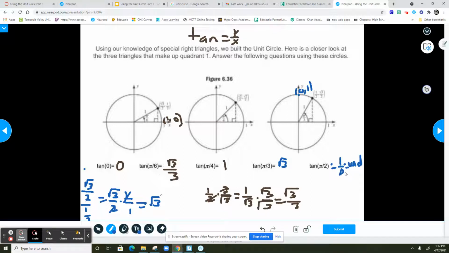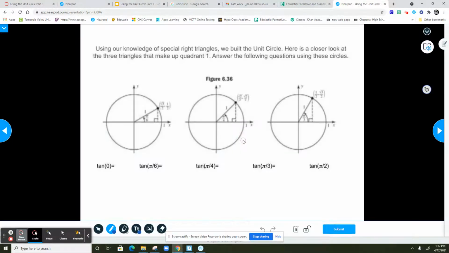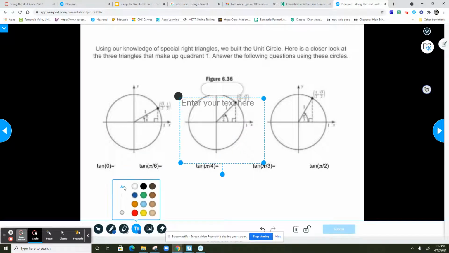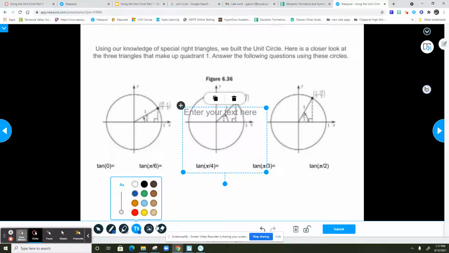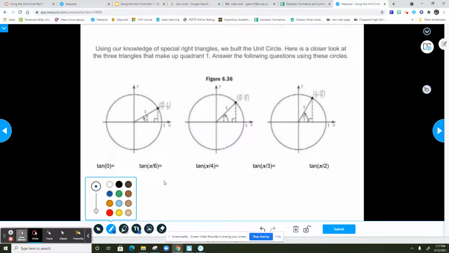Okay, so our big takeaway is, if we have the unit circle, how do we use the unit circle? The unit circle gives us all these ordered pairs that are on the unit circle at given angles, okay? And so our big takeaway, let me clear all my work here. Our big takeaway, actually, let me just write it, is that